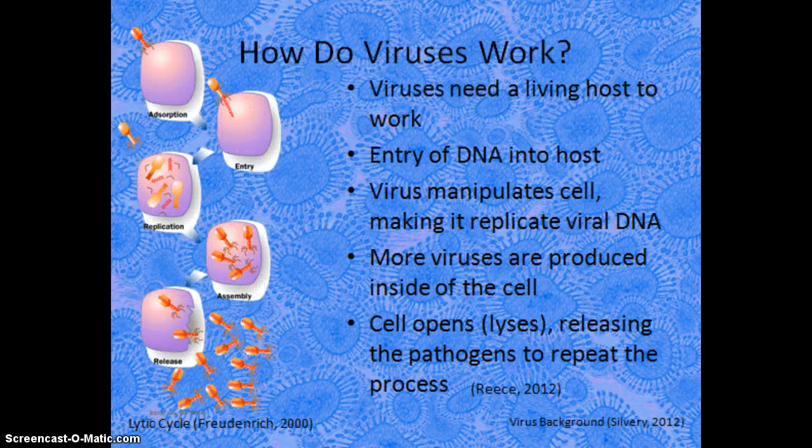And viruses work by needing a living host cell, and they have an entry of DNA into this host cell, where the virus is then able to manipulate the cell and make it replicate its own viral DNA. And in this process, then, more viruses are produced inside of the cell. This lytic cycle is different to the other viral cycle because